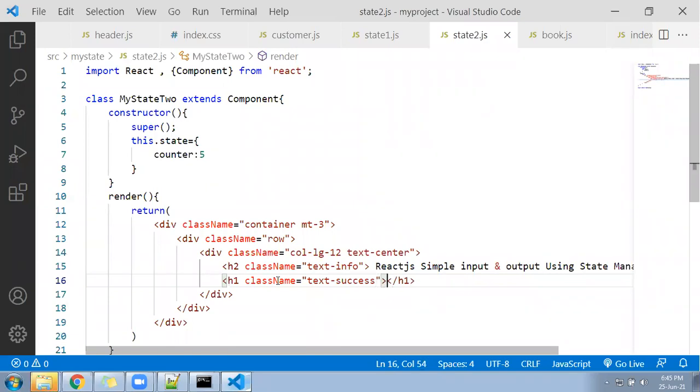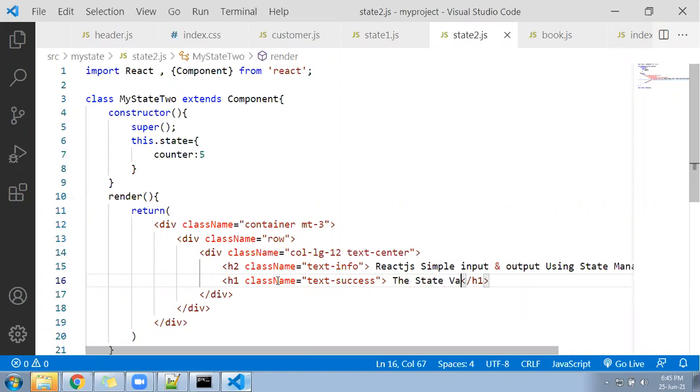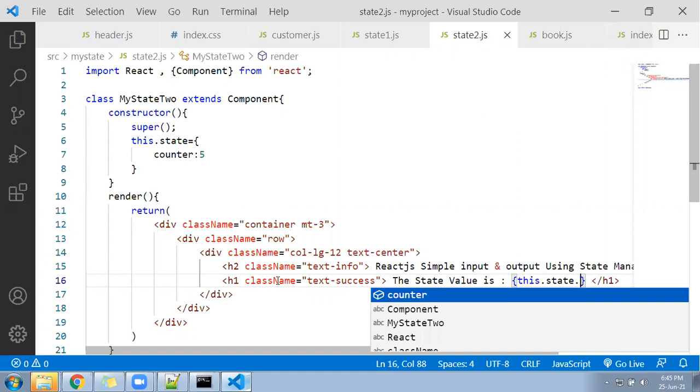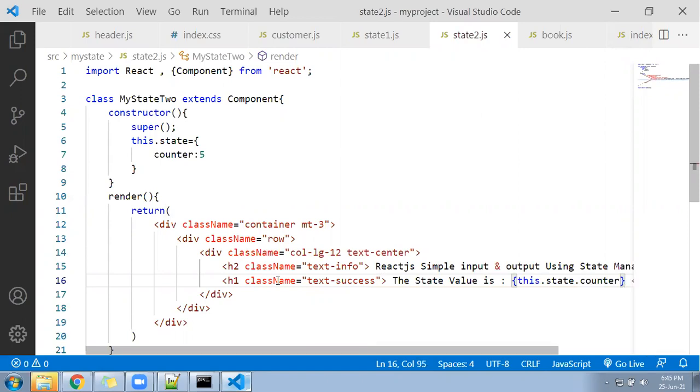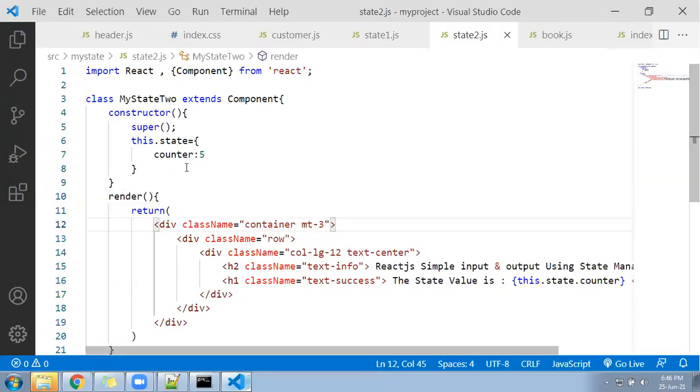It should come in green color. We can write: the state value is this dot state dot counter. This dot state dot counter.